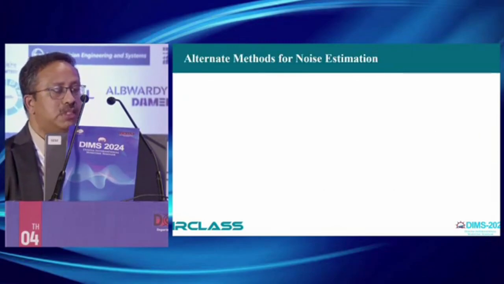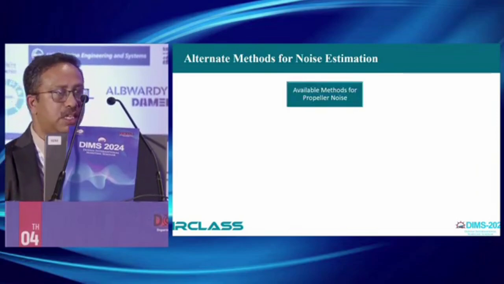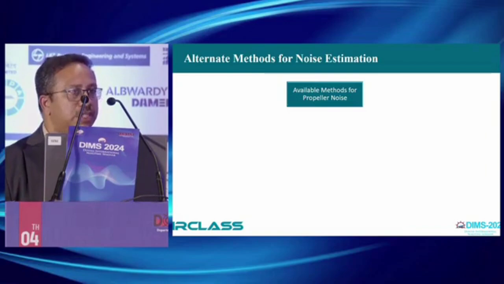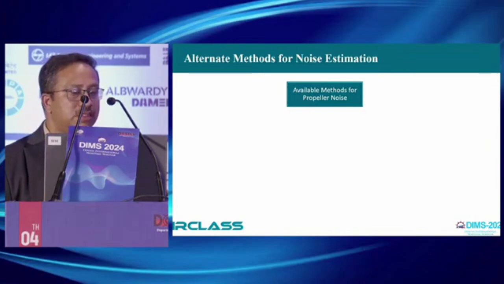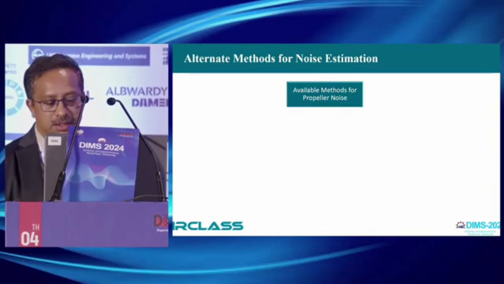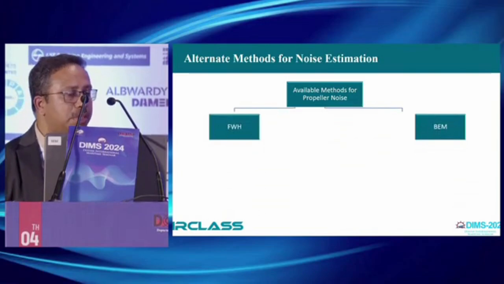So coming to the alternate methods, whatever methods I have talked about with regard to noise have covered the near field sound pressures. Generally the noise is measured at the far field and is converted back to a 1 meter distance. The available methods for modeling the far field noise include the famous FWH method, the Ffowcs Williams-Hawkings method,